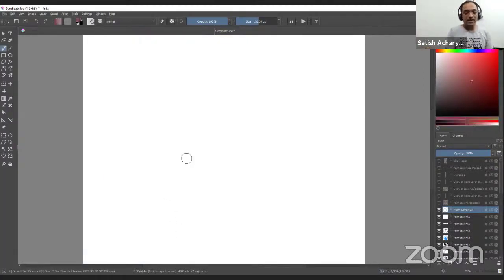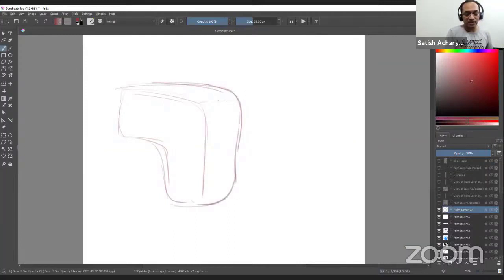I'll draw a few random characters. Normally we select simple shapes to create characters, but we can also use different, some weird shapes to create characters. Like this shape.